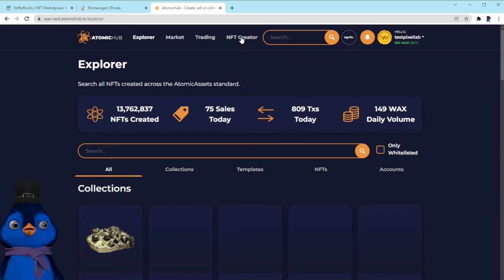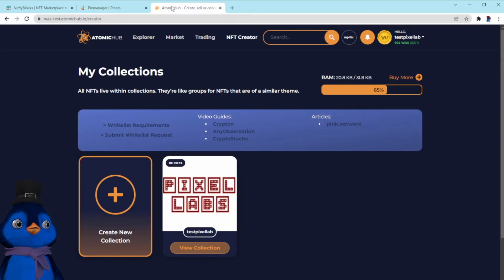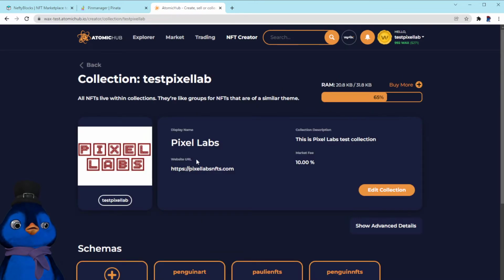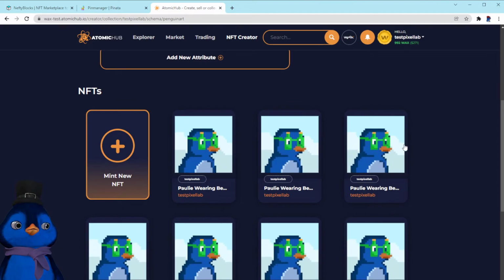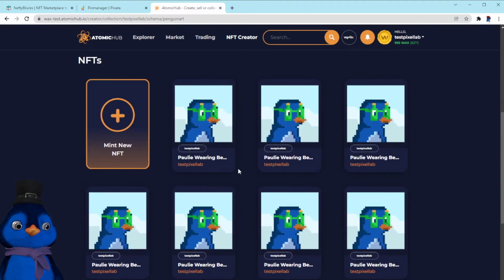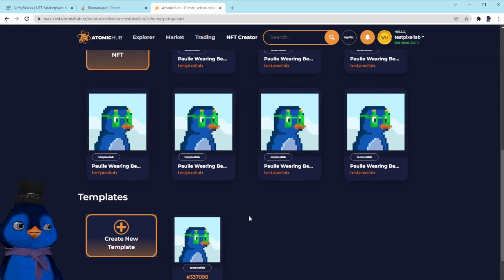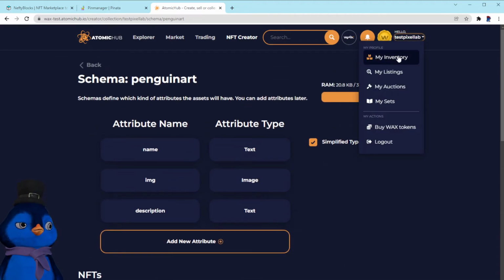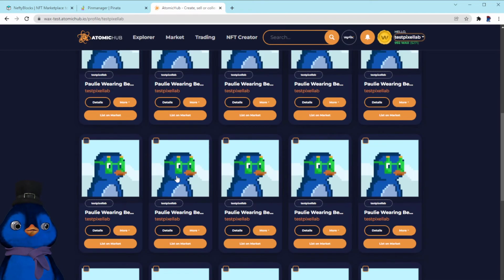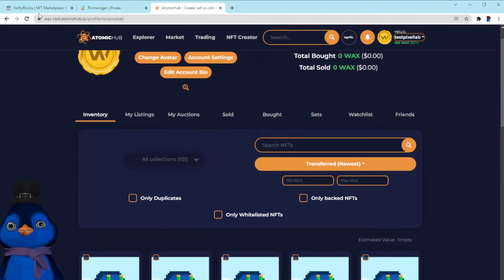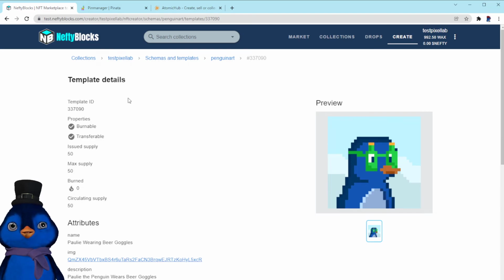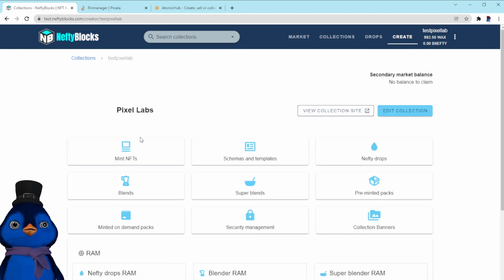But I just want to show you guys that over here in Atomic Hub, it's already synced. So there's the collection right there. There's their schema, penguin art. Here are all the NFTs we just minted, 50 of them. And if we go into our inventory here, you can see they're all there. So it automatically syncs over when you do it on Neftyblocks to Atomic Hub. All right, so now if we go back to our collections,